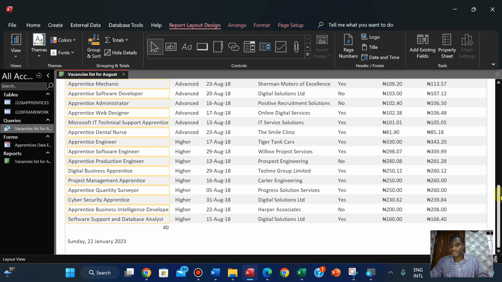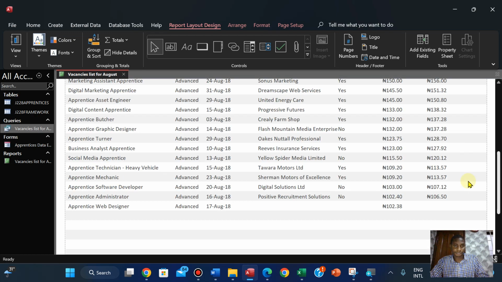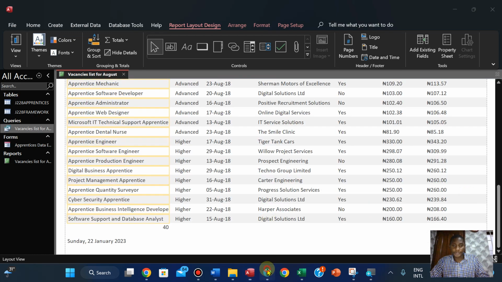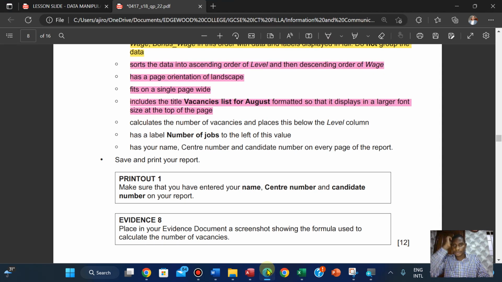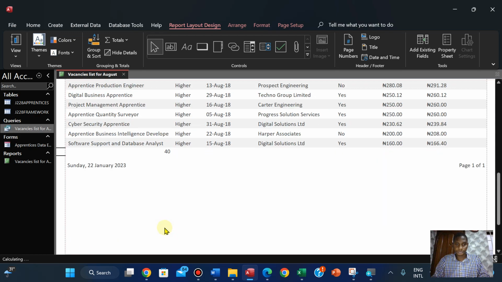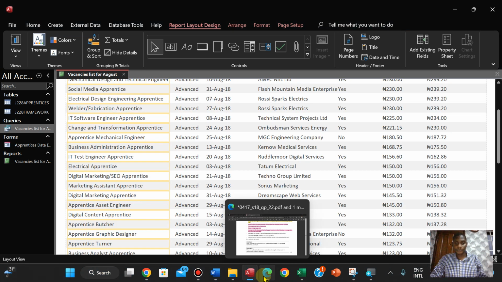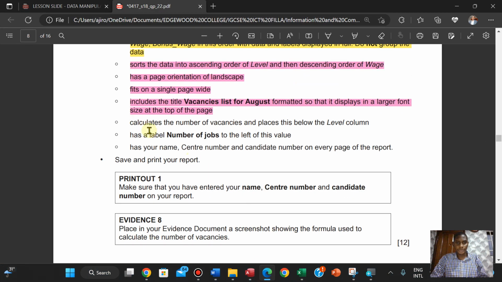So 40 vacancies. And we're going to place this below the level column. Okay, place it below the level column. Okay, so the next thing we're going to do is